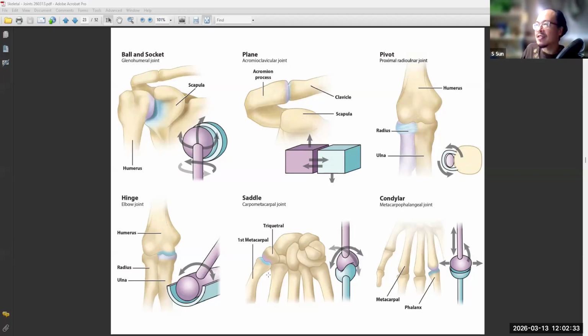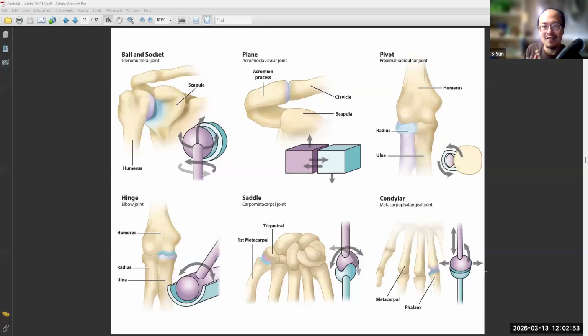So this is between the carpal and the metacarpal joints. We also have something called condylar. Condylar is very much like in your finger, metacarpal and phalange right here. So this is also